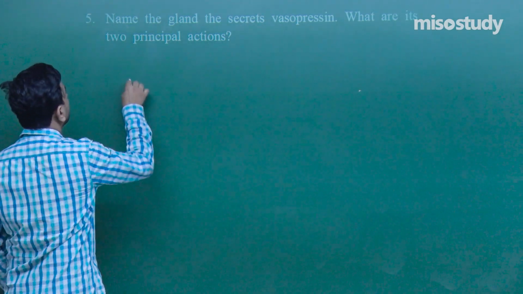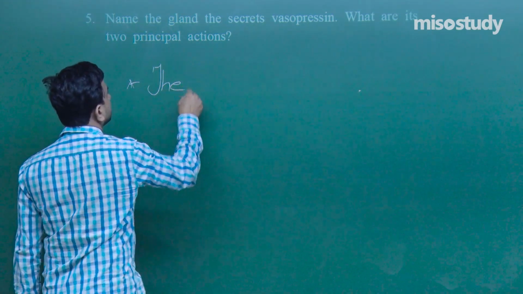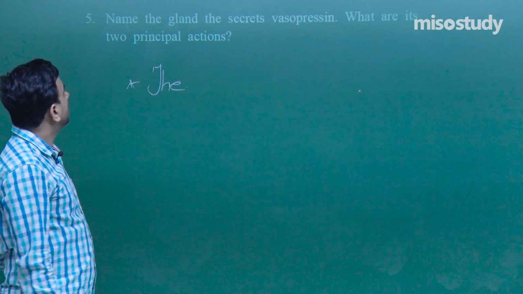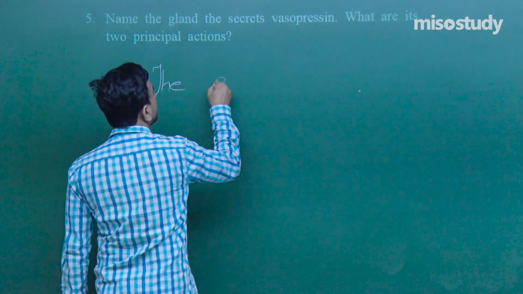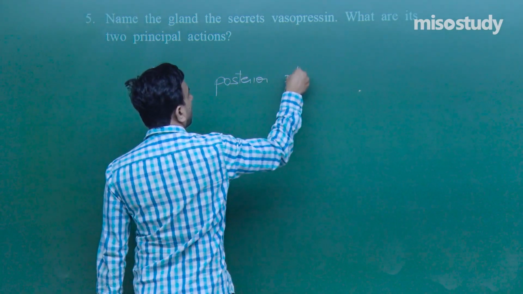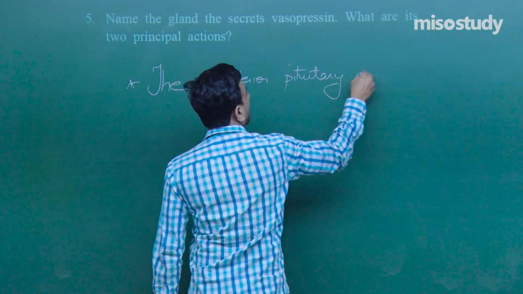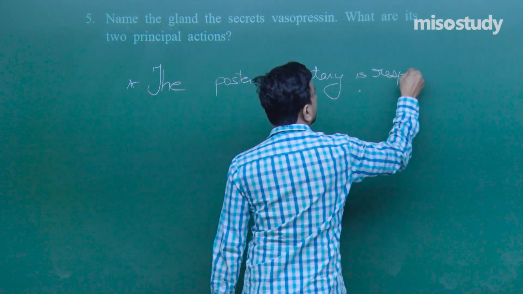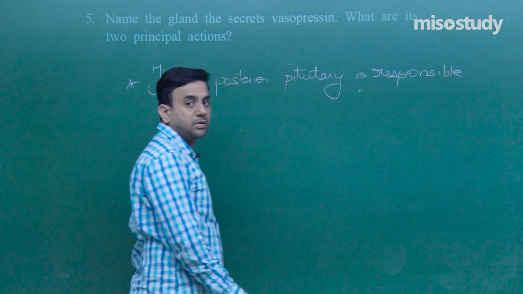The posterior pituitary is responsible for secreting the hormone